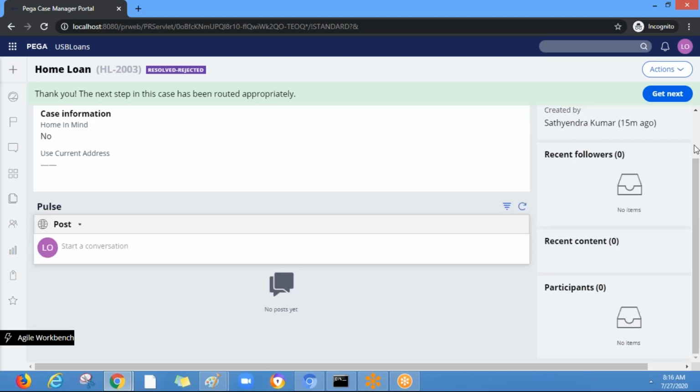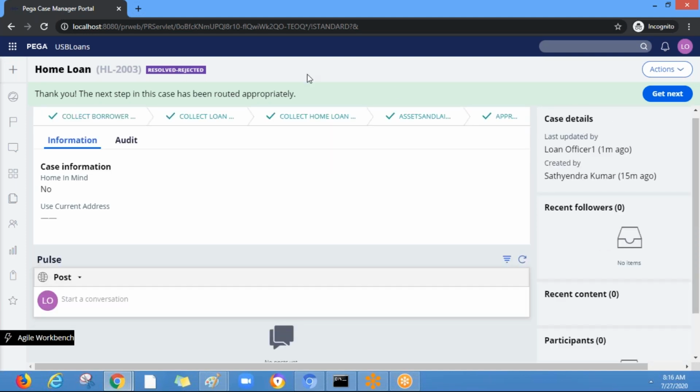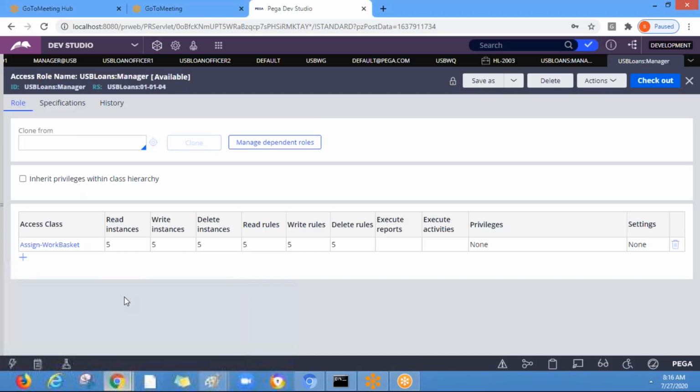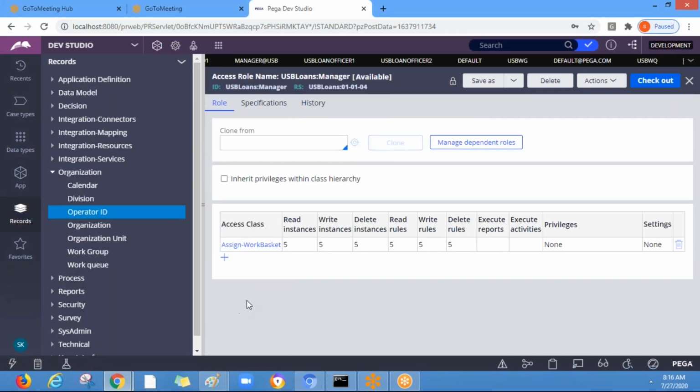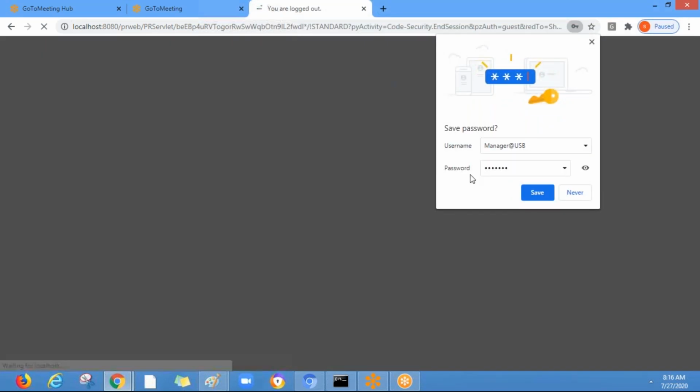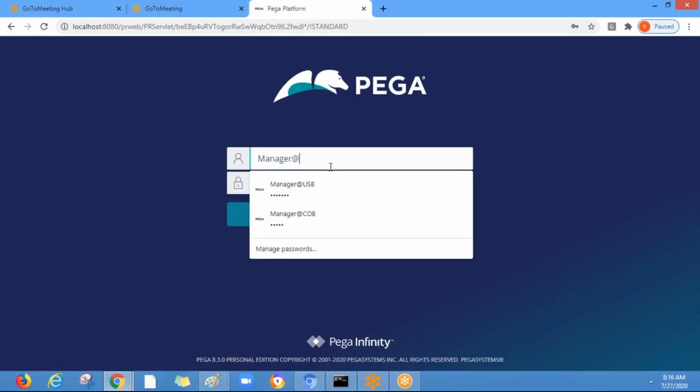Sir, by mistake I disabled the security group. This access group, sorry. Yeah, so you need to log in as administrator@pega.com, where you can manage. If you remove it, you'll not be able to log in, right? But you can still log in as administrator. I'm able to log in, but in the access group I put manager instead of administrator, so it is not able to show all the auto loan and everything.